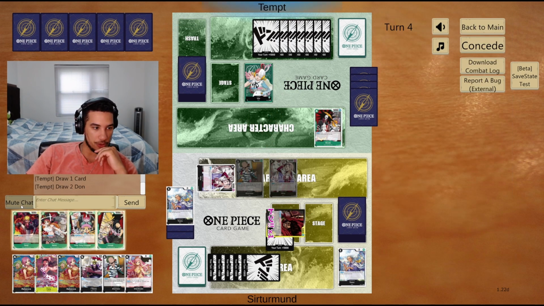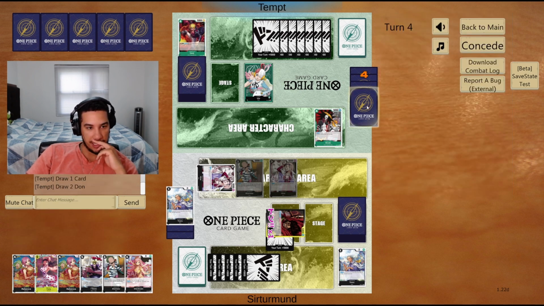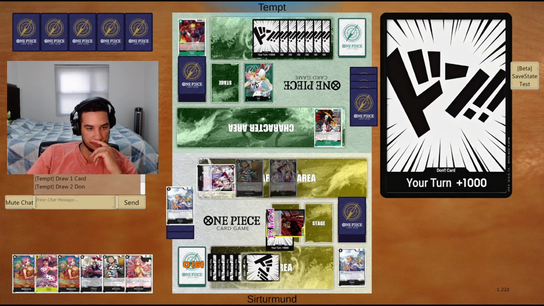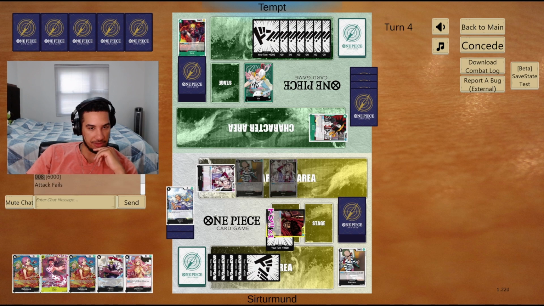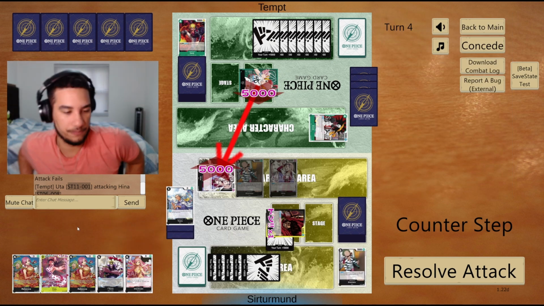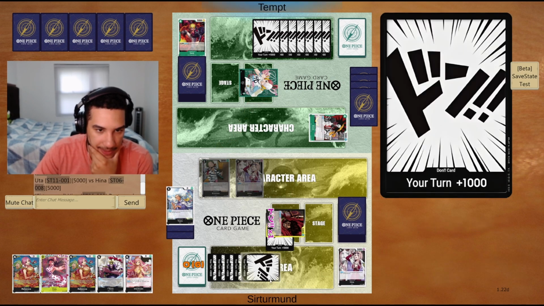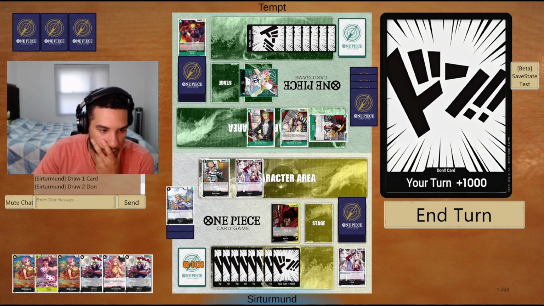Okay, opponent gave me two 2k counters there actually. Kept themselves at 4 HP, which actually makes it great for my Gedatsu if I top deck my Gedatsu. They want to kill this Hina, right? So they want to kill this Hina, so I'm going to give them the Brannew. And I guess I'd give them... So we can let her die, right? Knowing that we can go...